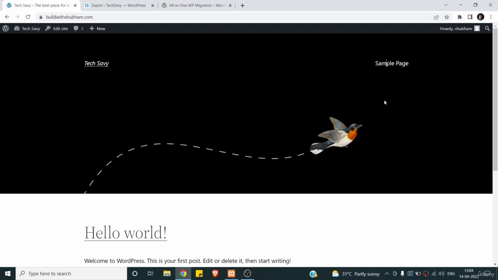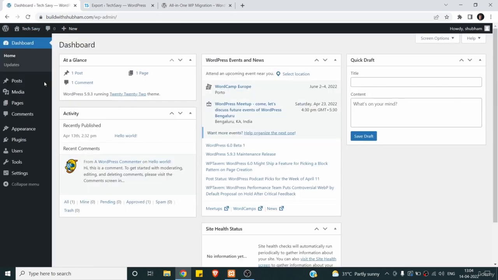In this video we will finish the migration process. Right now I am on my live website buildwithshubham.com and you need to go ahead and log in to your website. So just go ahead and log in, and after that go to the dashboard and we are going to install the plugin. So go to plugins and click on add new,